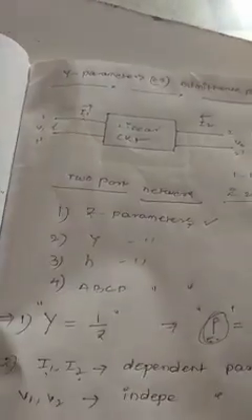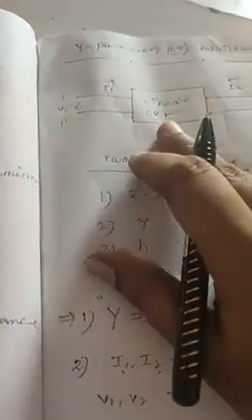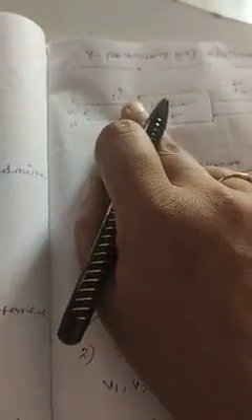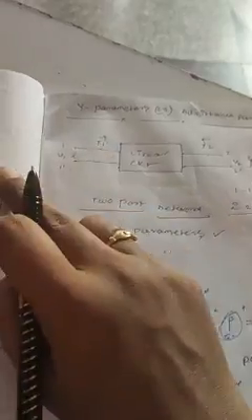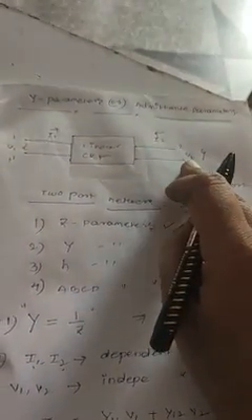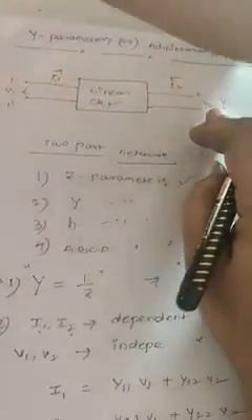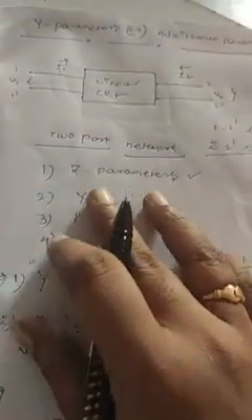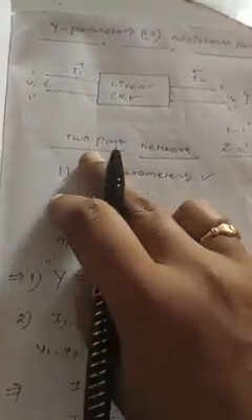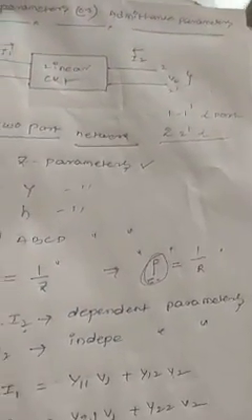It is a very simple derivation. First you have to draw this diagram, with input current and output current. Terminals 1 and 1 dash are the input terminals, and 2 and 2 dash are the output terminals. Already we discussed 2 port networks, 4 categories. We have already completed Z parameters, and this is the second parameter.